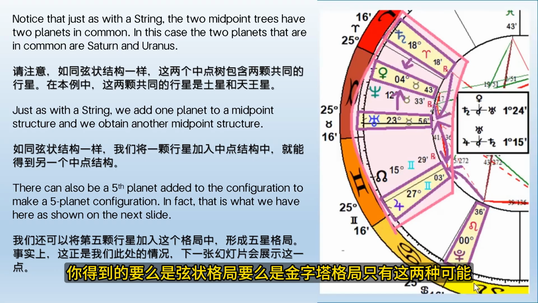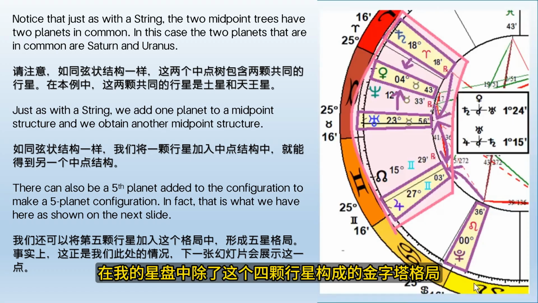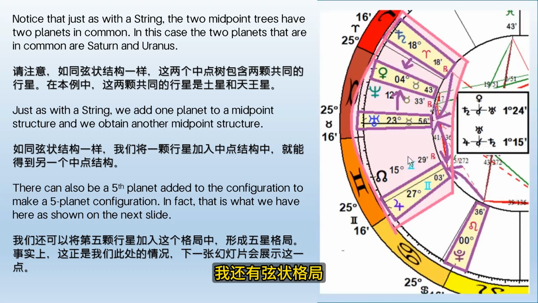You have either a string or a pyramid. That's the only two possibilities. And that's the key. I mean, that's the very, very important thing. That's how we find these things. Now, in my case, in addition to this pyramid made of 4 planets, of course, I also have